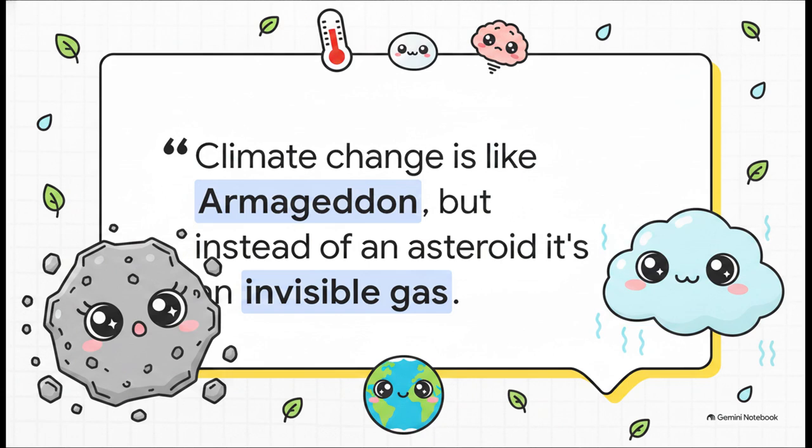There's this brilliant point from the Veritasium source material that notes climate change is a bit like the movie Armageddon, but instead of a giant asteroid hurtling toward us, it's an invisible, odorless gas causing a gradual warming over decades. See, our brains are literally hardwired to react to immediate visible threats. An asteroid? We get that. But when the threat is a gradual, invisible change, it can sometimes feel boring or just really hard to grasp. And that is exactly why we need to dig into the underlying mechanics.